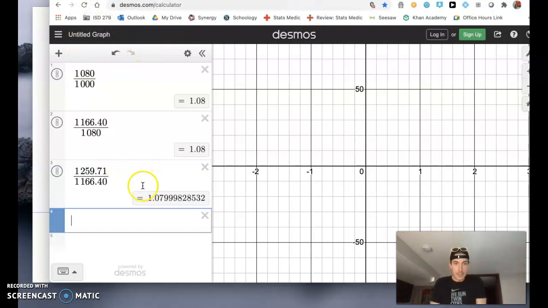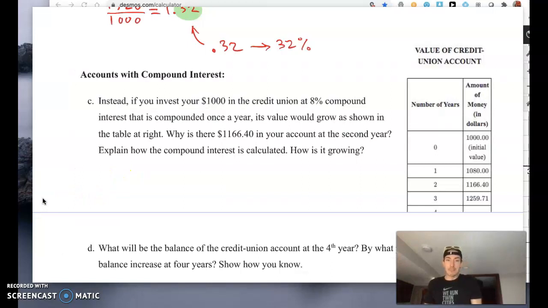Okay, now check this out. This isn't exactly 1.08, but gosh dang it, it is pretty close. Okay, and this could be due to some rounding, right? Because we only measure money to 2 decimal places. So explain how the compound interest is calculated. How is it growing? Well, this is not growing linearly. Okay, in order to calculate the next year, and we'll do that here in just a second, I take the previous year,